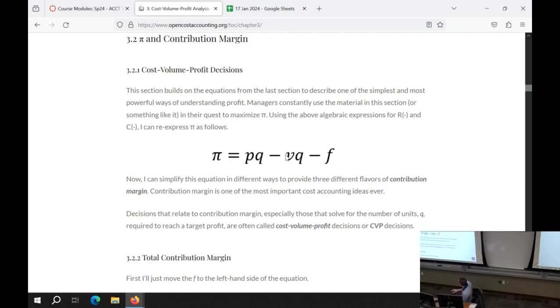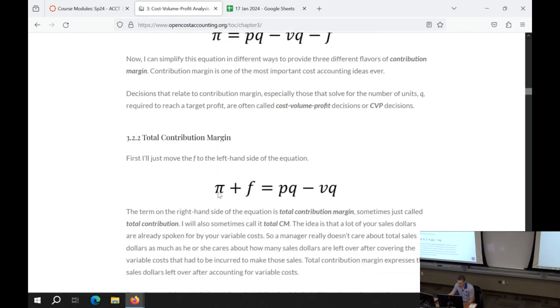Also, you can say contribution margin, and you can have it in total. The total contribution margin is the total amount contributed by your sales: the total revenue minus the total variable cost, because we have all the sales we're making, the quantity of sales. So we sold 1,000 units at $10. It means we're at 10,000 here. That's PQ is 10,000. And if they cost us $5 per unit, that's 1,000 units times 5, which is 5,000. So the total contribution is that 10,000 of total revenue minus the 5,000 total variable costs. And so the total contribution margin would be 5,000 right over here.